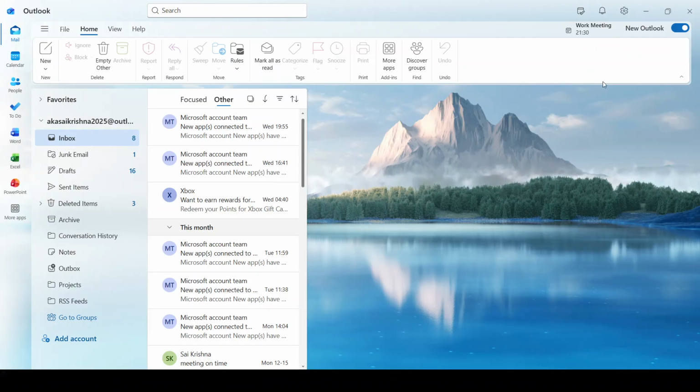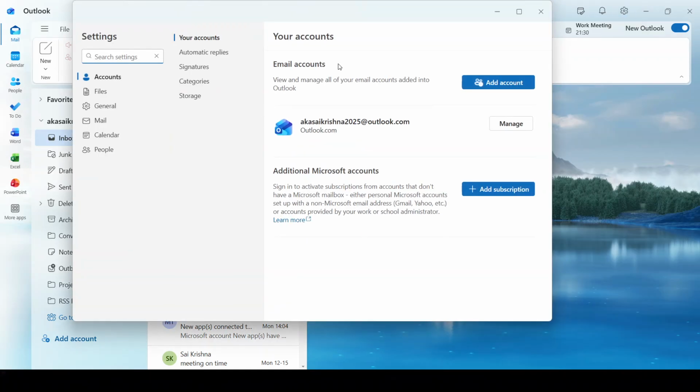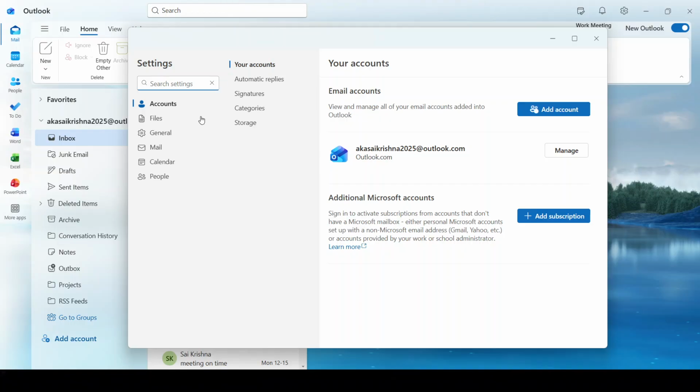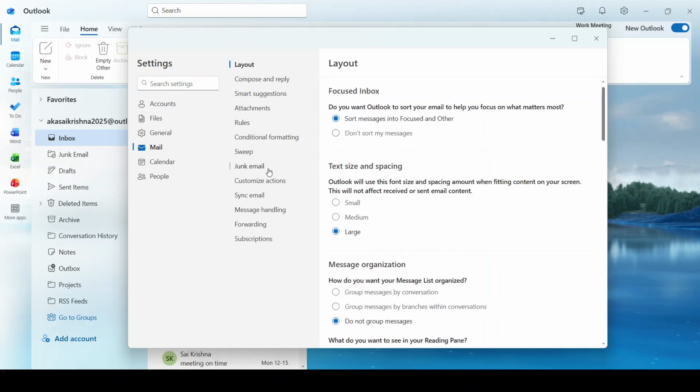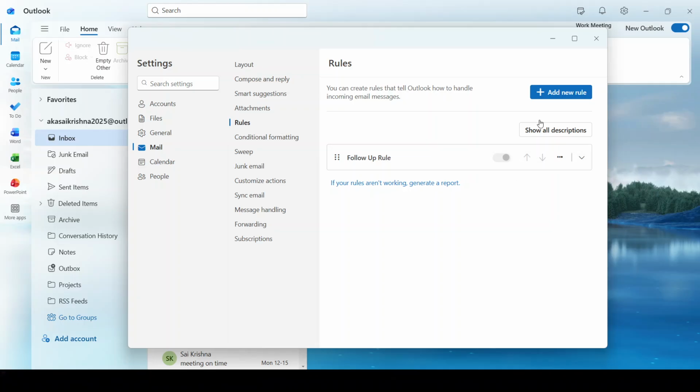Let's start with Outlook on the web or the new Outlook. Open Outlook and look to the top right for the gear-shaped settings icon. Click that to open settings. From there, choose Mail, and then select Rules. You'll see a list of your rules, typically by name and sometimes with a short description so you can identify